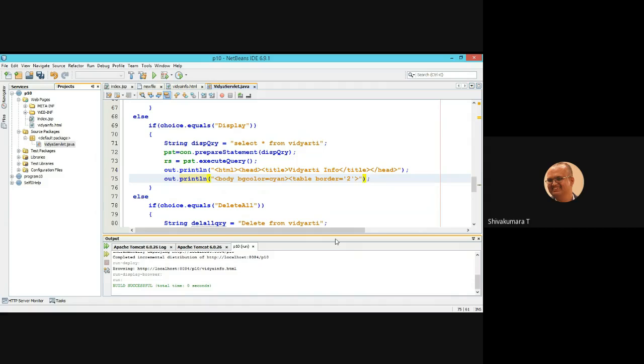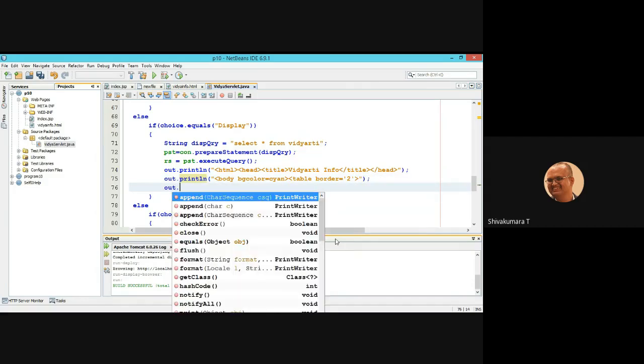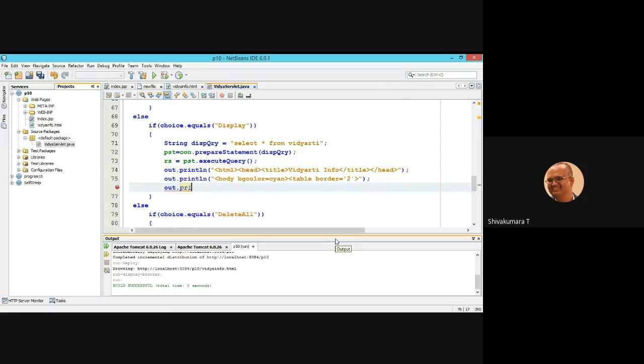Fine. The table is open here. You can open the table row, out dot println, table row, table data. So the very first row is the headings.